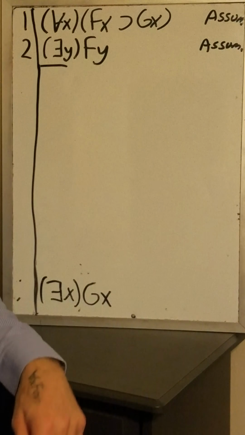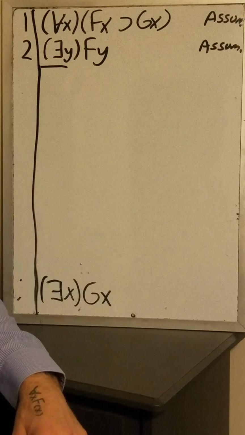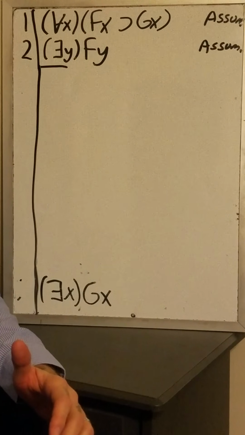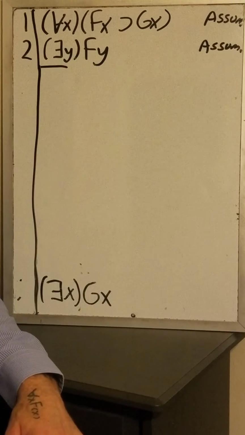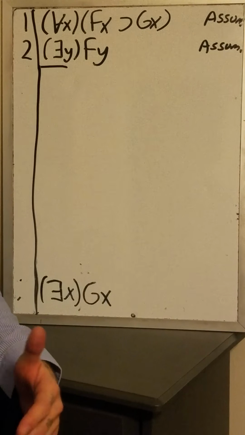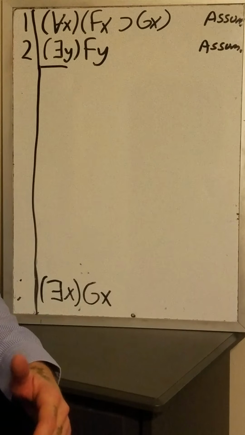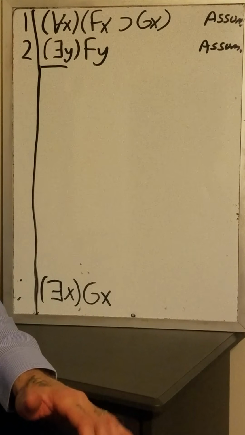Okay, so let's go ahead and take a look at another example of a derivation in predicate logic. And this one will make use of the other quantifier rule that's a little bit tricky, which is the rule of existential elimination. I say it's a little bit tricky because it has more restrictions than the other rules, but if you think about what it means, you're not going to go wrong with it, okay?